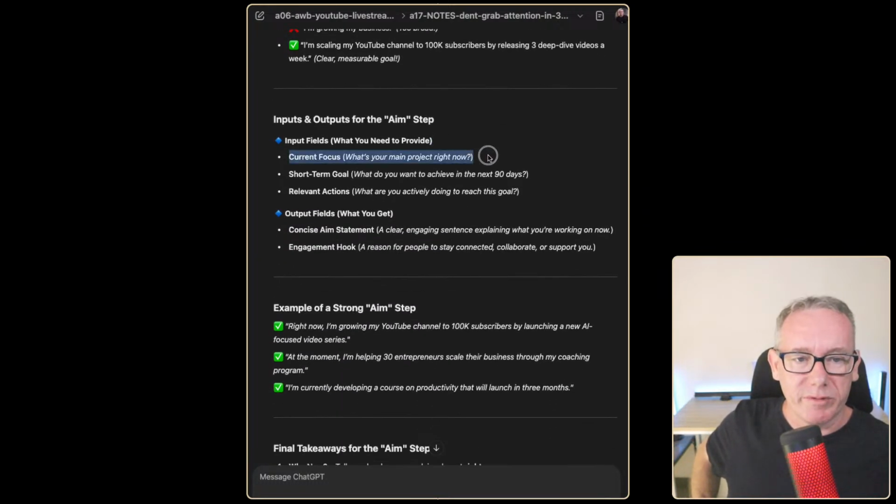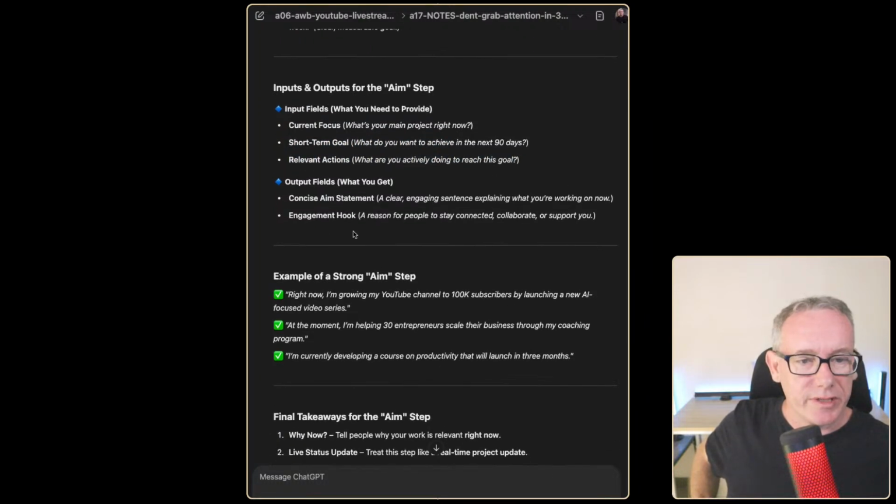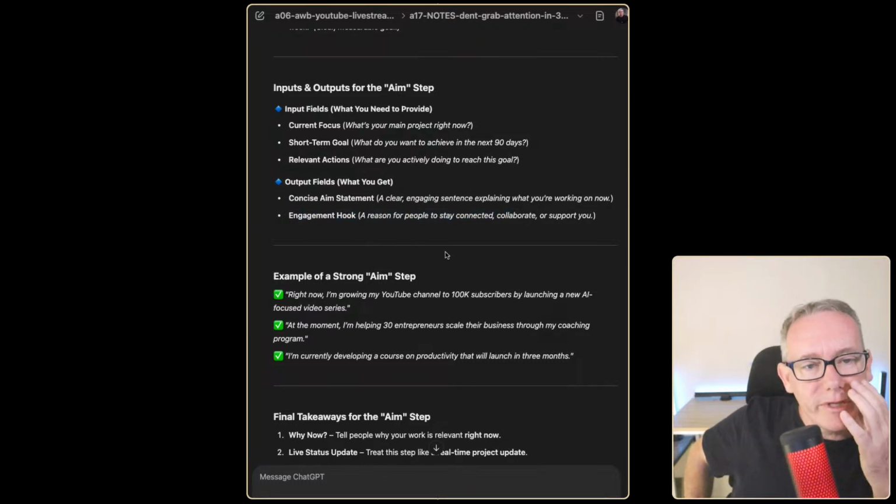Input fields, current focus, what's your main project? Short-term goal, relevant actions. What are you doing to reach it? This is cool. Concise aim statement. Cool. I'm also wondering,